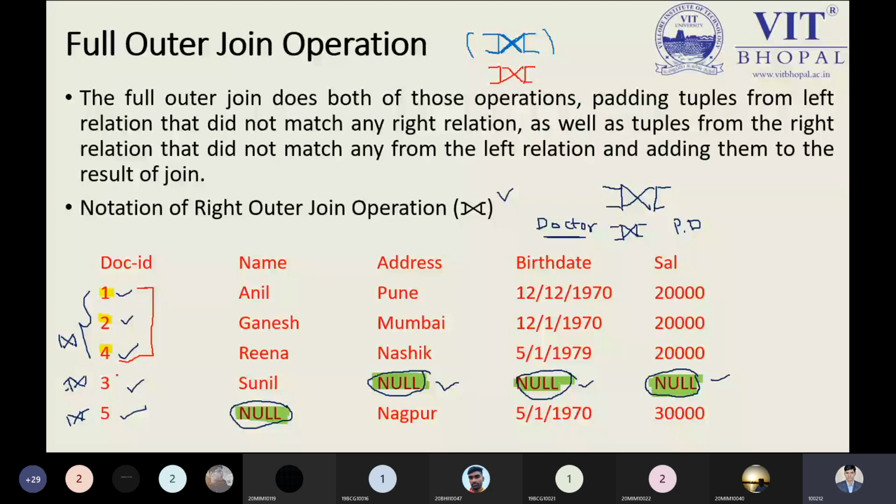And now next I have to take the right outer join. So 5 I have to take over here. Name was not part of our PD relation, that is a common document relation. So it will be represented as null. So this is the point. So here we have the 1, 2, 3, 4, 5, or we can say 1, 2, 4, 3, 5 ID. So here all the IDs are coming. Now clear right now? This is the beauty of the full outer join. So we are not losing any information.